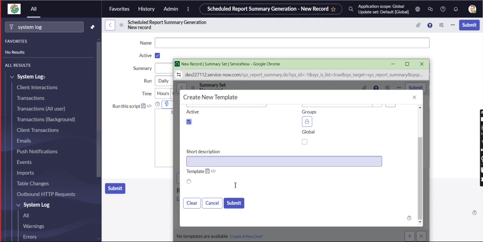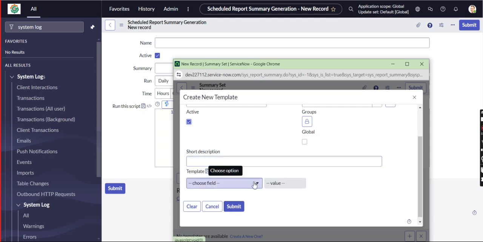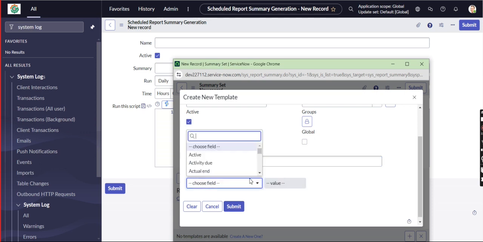Short description is there, and template, that is the state.